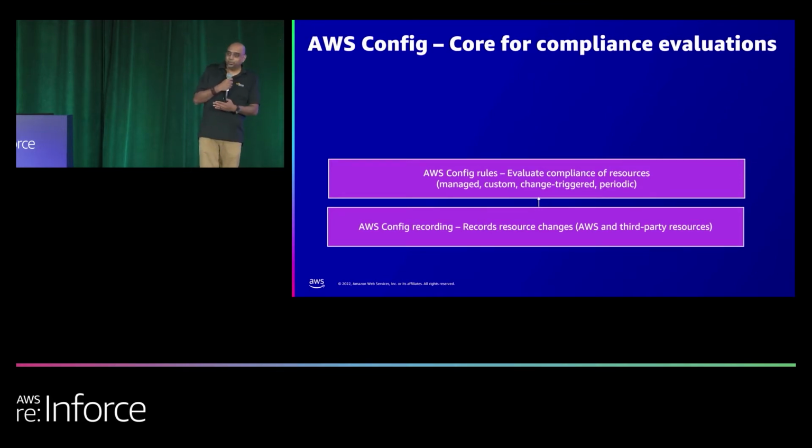The second type of rule evaluation is periodic. So let's go with the same example that I talked about. You've created this EBS volume and then you've not touched it for 3 months. So you're not going to run any rule evaluations for 3 months. But your auditor might come and say, hey, I need you to run evaluations every month, so you can't give me 3-month-old data. Right? So that's where periodic rules come in, where you can set the frequency at which you want to run